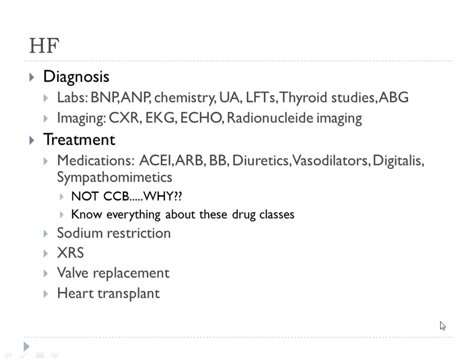If a person has an allergy to an ACE inhibitor, we can put them on an ARB, right? An angiotensin receptor blocker. It doesn't prevent the conversion of angiotensin 1 to angiotensin 2. We still get angiotensin 2, but it prevents angiotensin 2 from attaching to the receptor sites and causing vasoconstriction. So an ACE inhibitor works sooner on the cascade, if you think of it that way, in the line of events than an ARB does.